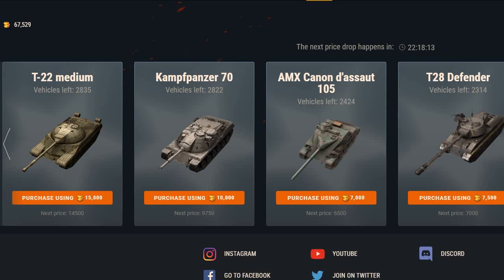But it's not a popular tank, so I don't think this will sell for a while. So you might as well wait. But 250, come on, Wargaming, are you kidding me? I'm talking about the drop in price tomorrow. Pathetic. Anyway, the last two tanks on our list, we have the AMX Canon, which is another tank I predicted